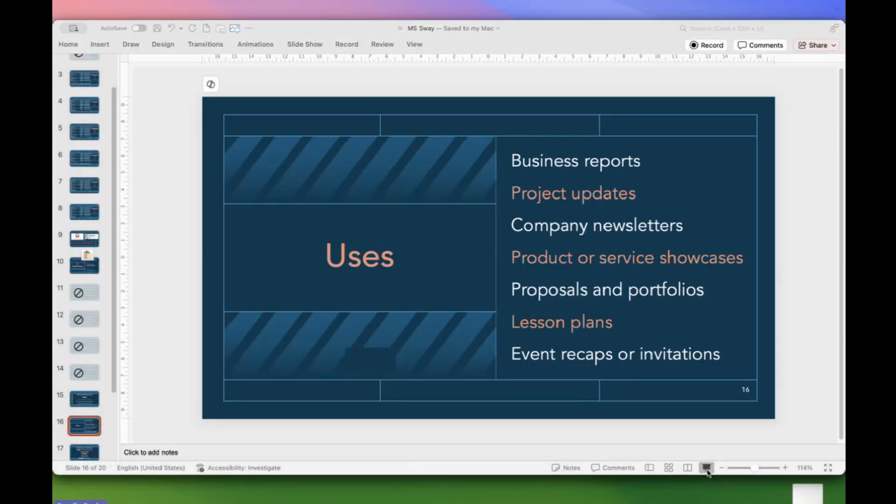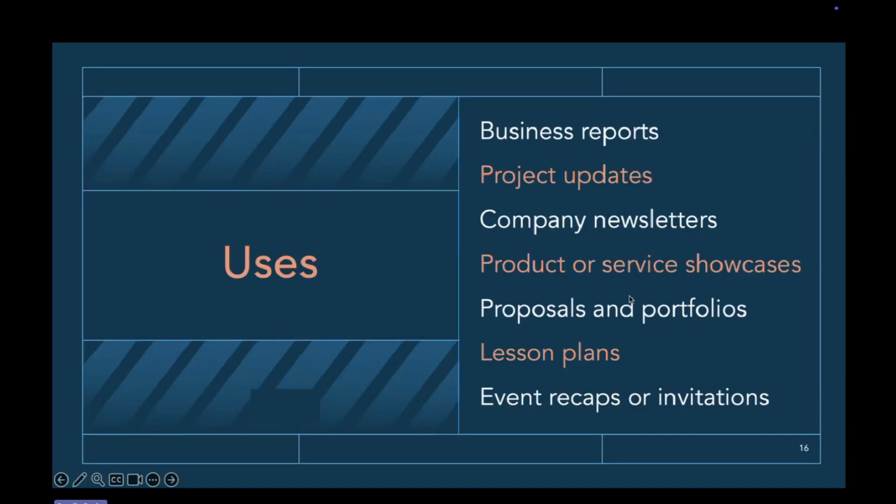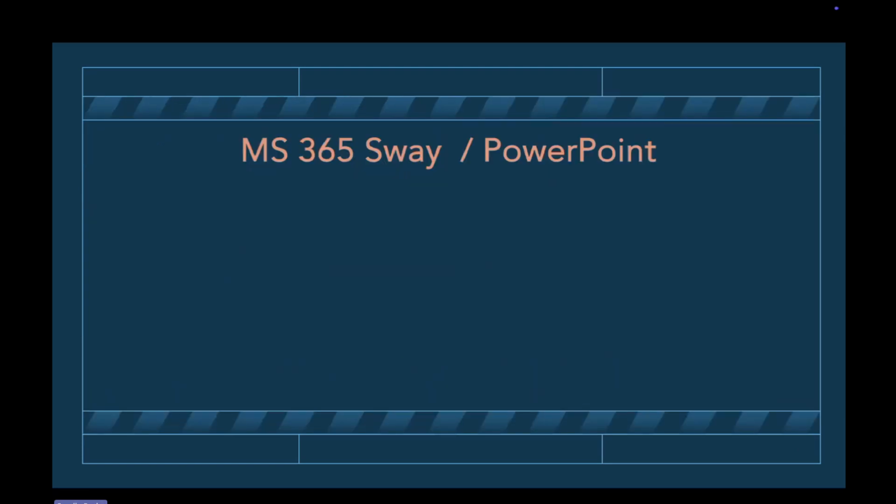So it's pretty much like a little website, a little brochure that you can use. You can share that link with people. It's part of the Microsoft 365 package, so you don't have to buy it or pay anything extra for it. It's just available for you to use. How does this compare with PowerPoint? Because what I've just shown you is a presentation, or a slideshow rather.